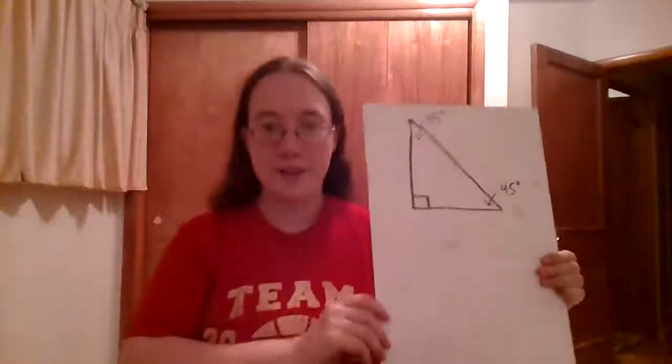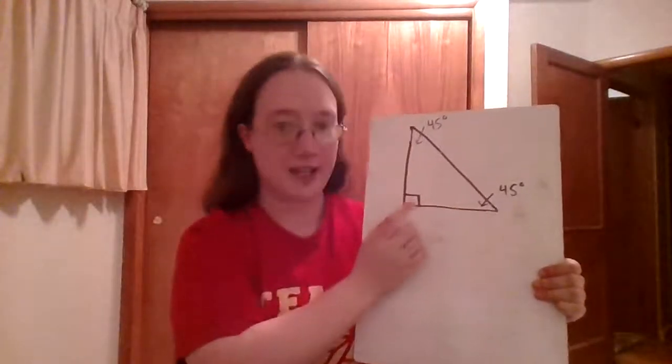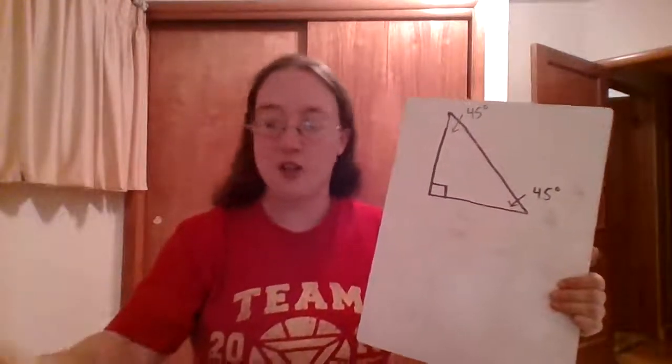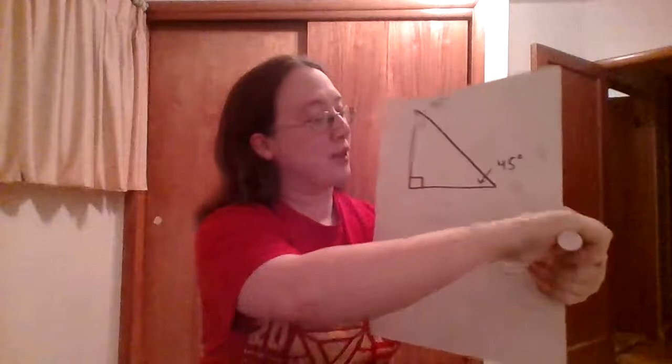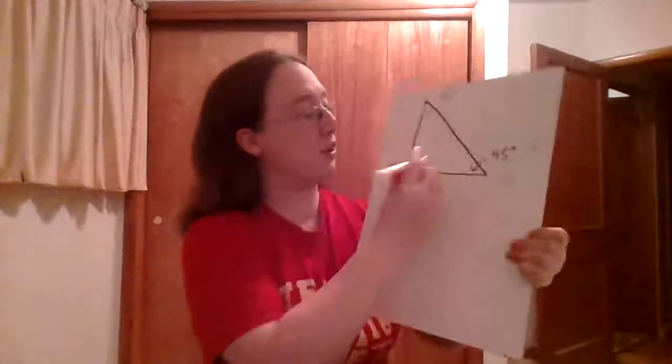And again, watch out: these only work for right triangles and only for these specific kinds that we're going to be talking about. So don't use these on any other types of triangles. So the first one we're looking at is a 45, 45, 90 triangle. And again, only right triangles. So what's going on with a 45, 45, 90 triangle is if I call this side down here x,